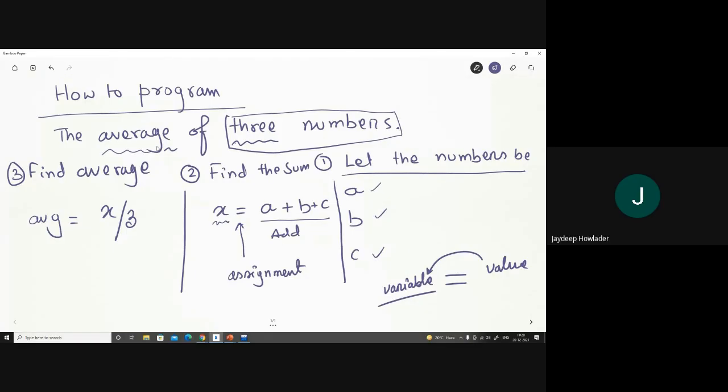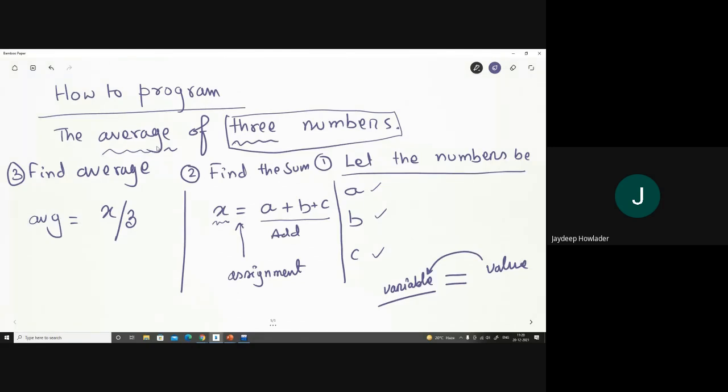It may be summation, it may be multiplication, but it does not say that A plus B plus C is equal to X. Rather, it says that the value of A plus B plus C is assigned to the variable x. Understand? So keep in mind that this statement is not an equals to, but it is an assignment statement.